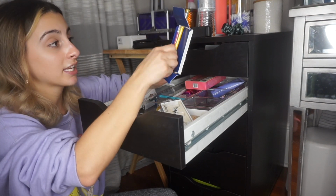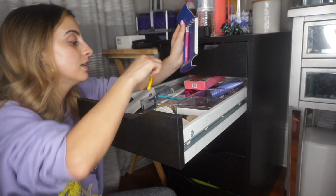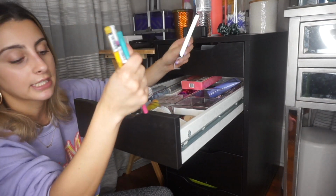By the way, NYX makes the best colored liners. If you need a good colored eyeliner that's gonna be pigmented, NYX are bomb. So definitely check them out. Not all of these are open, but these are great. So up next is this,